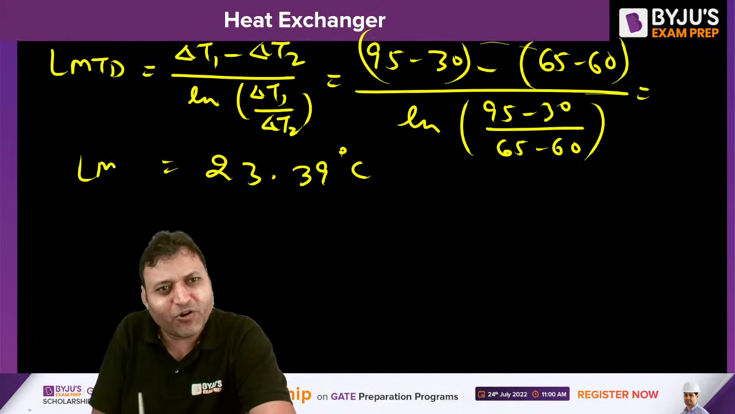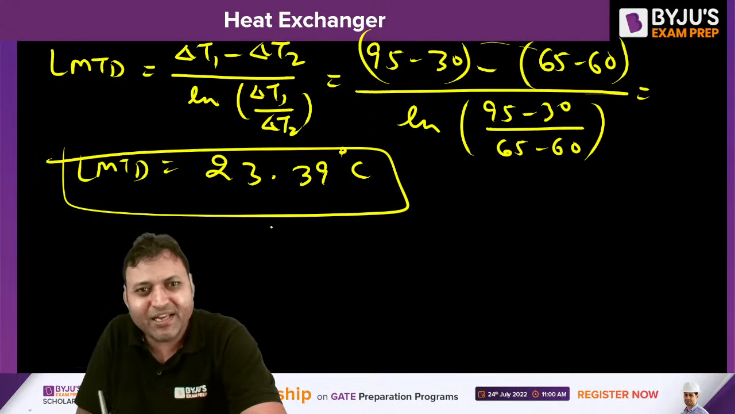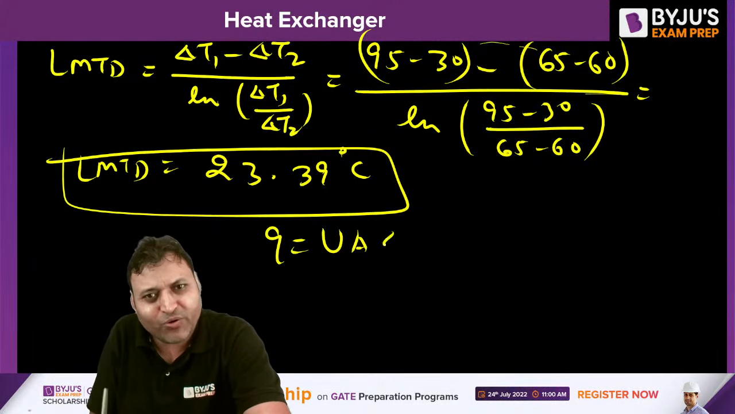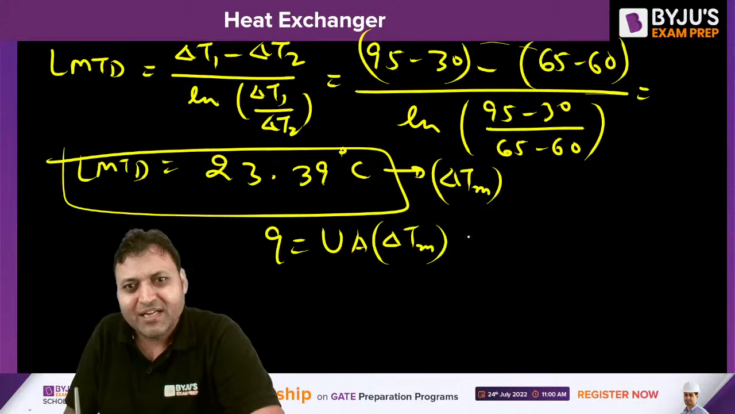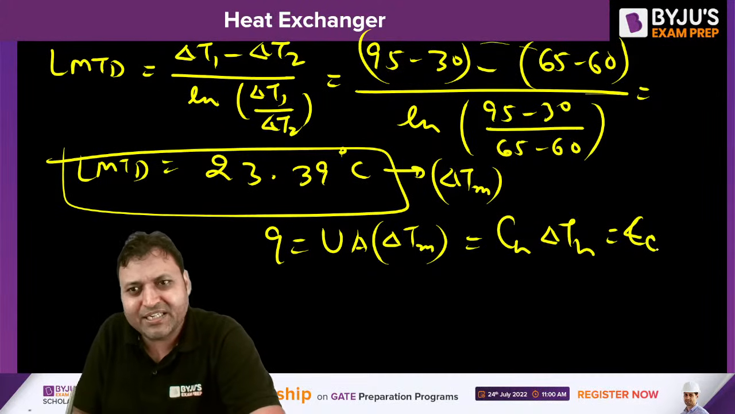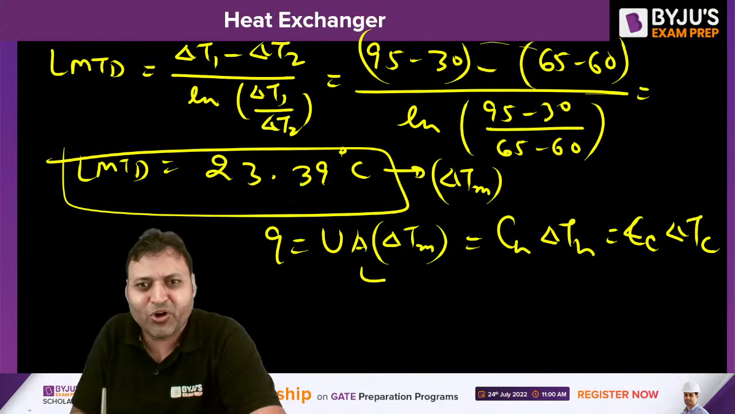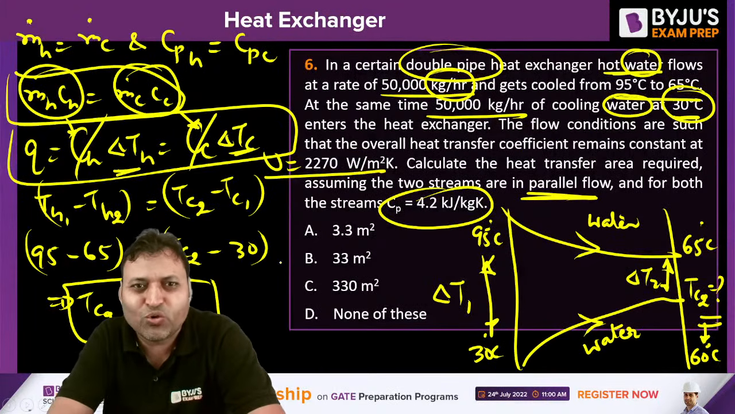That is LMTD for this heat exchanger. It is a parallel flow heat exchanger. Once you get LMTD, then Q is equal to U into A into delta Tm, that is LMTD. I am using the notation delta Tm, mean temperature difference. This is equal to CH into delta TH, or we can write C into delta TC. That is purely your choice. By equating these two, U is given as